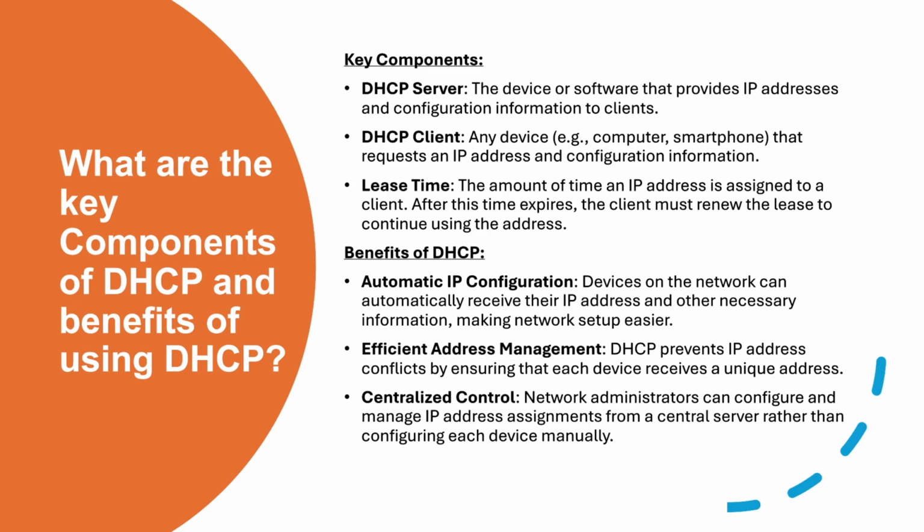Now, what are the benefits of DHCP? Like automatic IP configuration, efficient address management, and centralized control. So automatic IP configuration, in this, devices on the network can automatically receive their IP address and other necessary information, making network setup easier. And efficient address management, DHCP prevents IP address conflicts by ensuring that each device receives a unique address. And centralized control, network administrator can configure and manage IP address assignments from a central server rather than